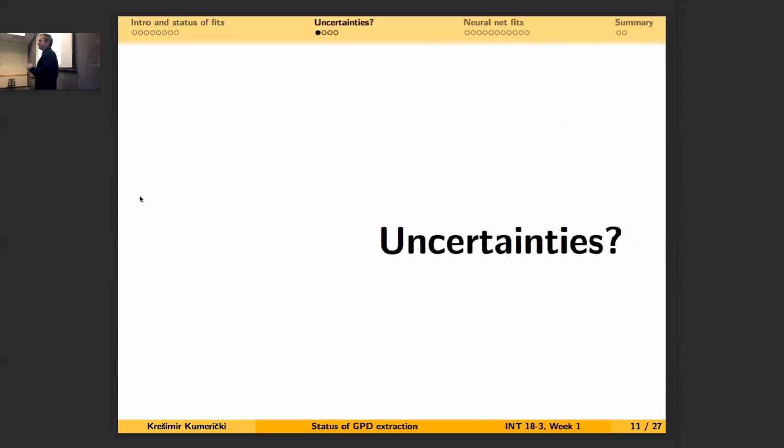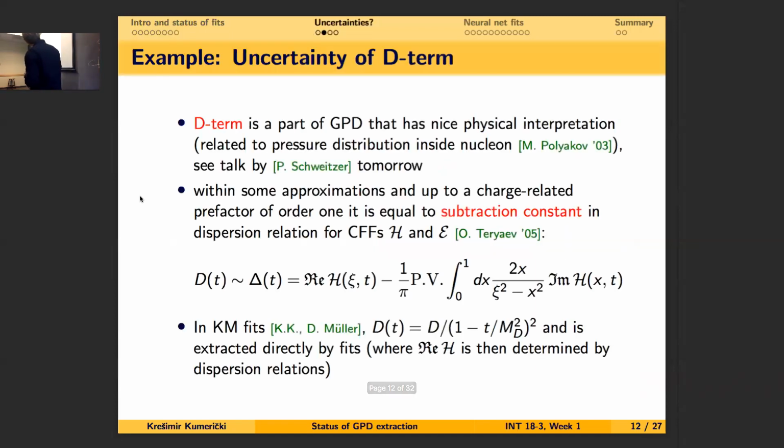And we did that with Salvatore and Elke at some point for DVCS data, but this is really very much model-dependent analysis at this point. And so this is the question that one should address, and I will address this question first in the simpler setting, and I will try to answer the question how uncertain we are about the value of the D term